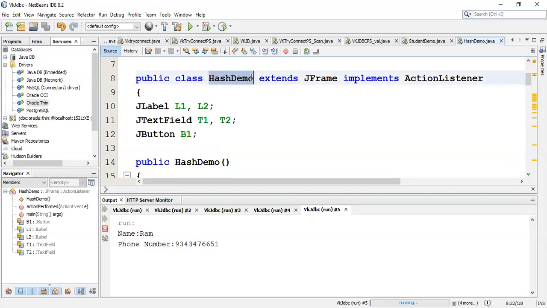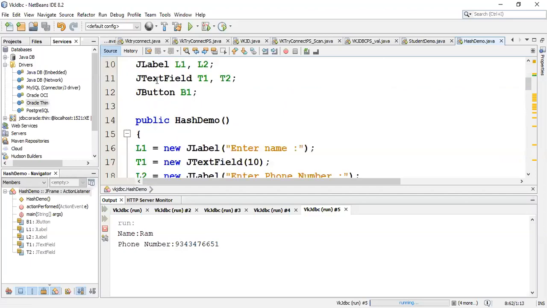Here my class name is hash demo, which extends JFrame and implements ActionListener, because here also we are using a button click. Designing part I will quickly finish. I have declared two labels, two text fields, and one button.